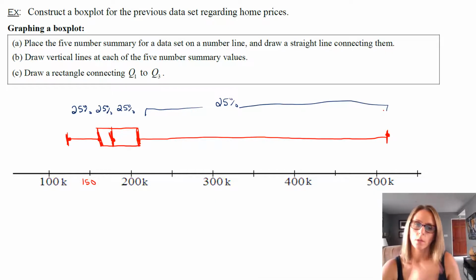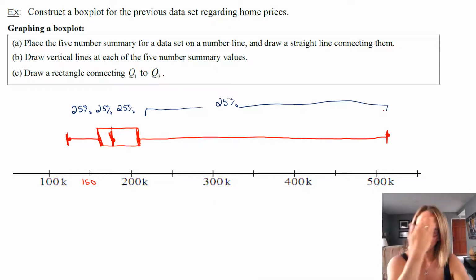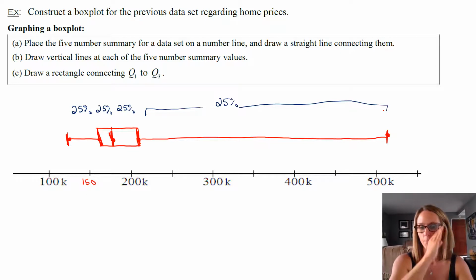So it actually gives you a little bit of an idea about the shape of the data, because you can see that the majority of the data for this place, which must be like Indiana or something, sits way to the left, and that there's only 25% of the data sitting to the right of Q3, which is always true, but you can see it's a very widespread